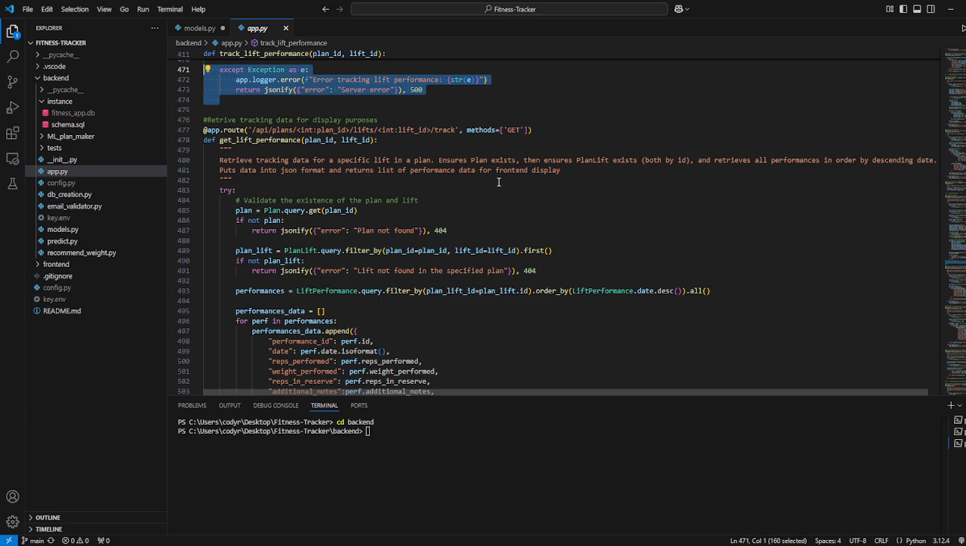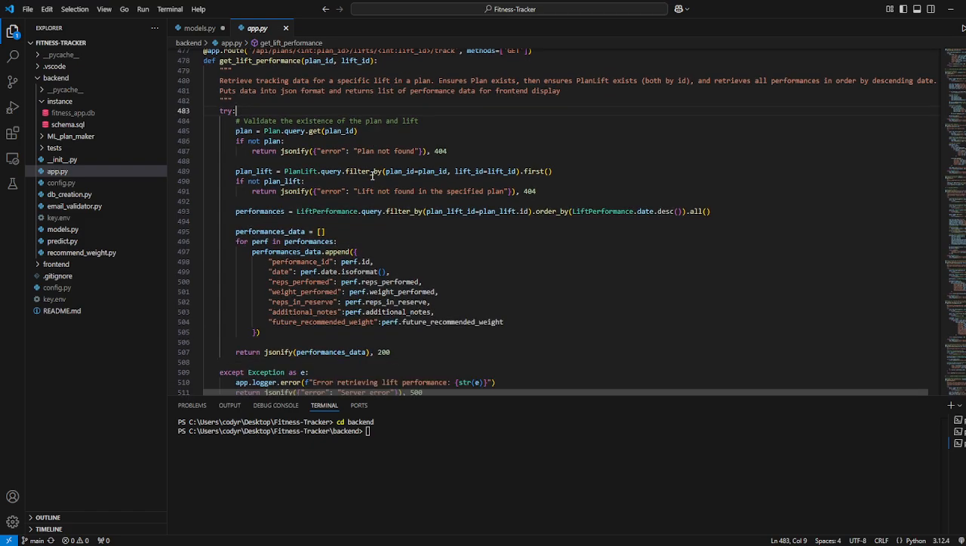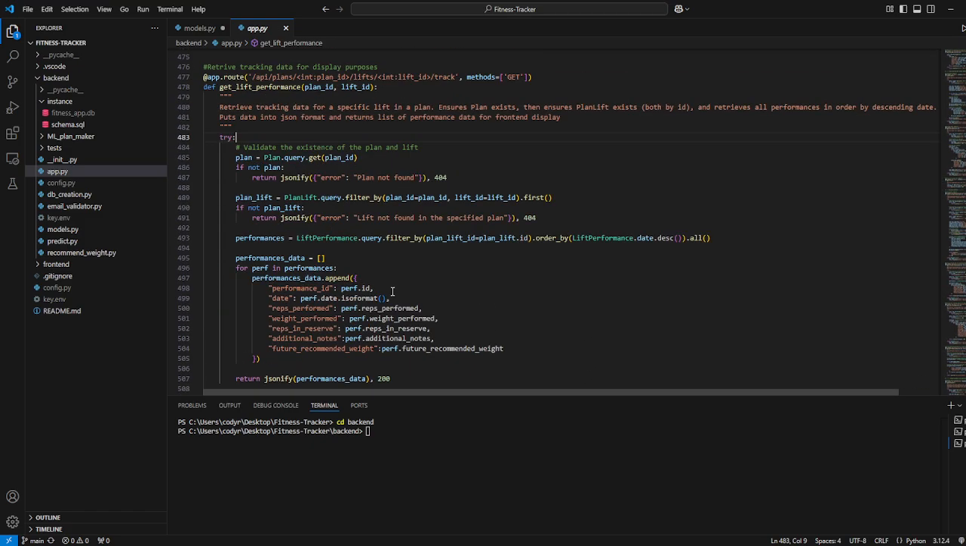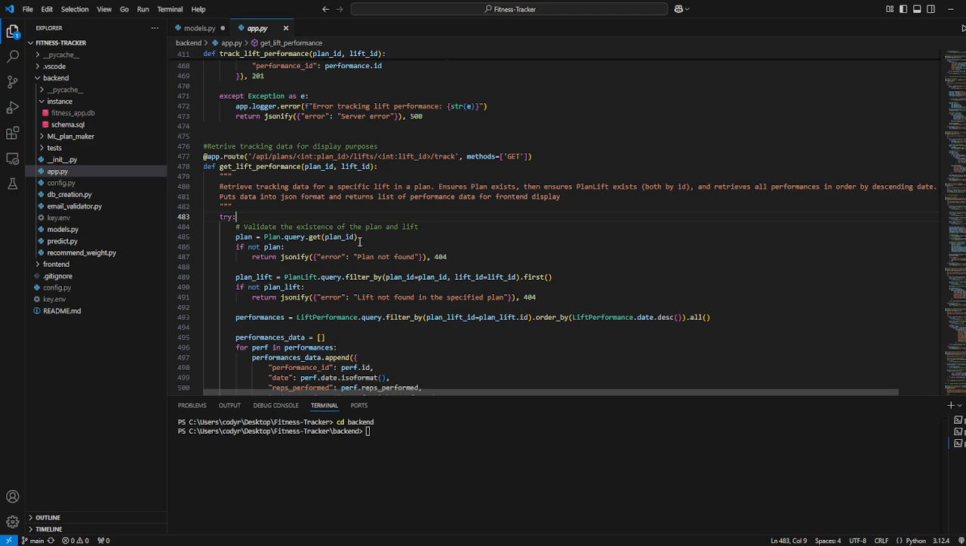Then we have our tracking data display for our endpoint. This basically gets all the tracking data for a specific lift and a plan, and makes sure that they both exist, gets all performances in order by descending date, puts them into JSON, returns a list of performance data for a front-end display. So basically what this is going to do is it's going to make sure the plan exists